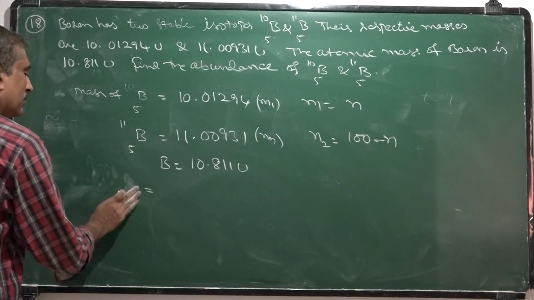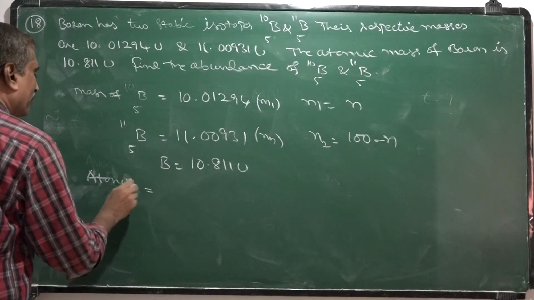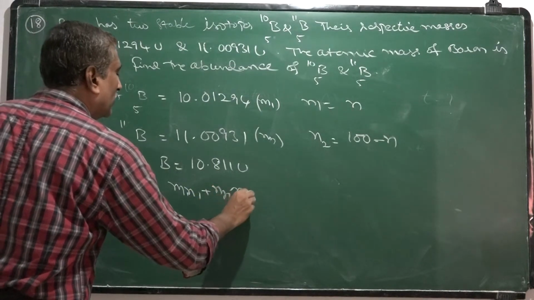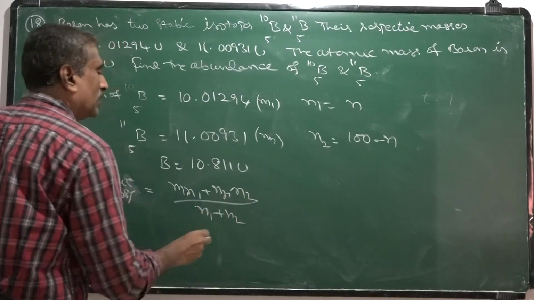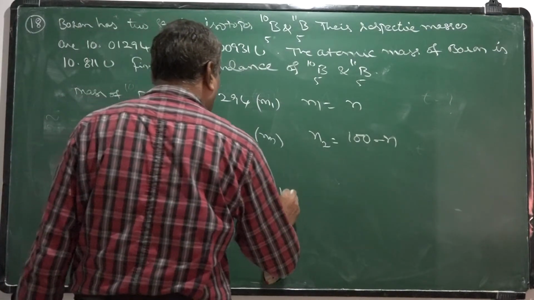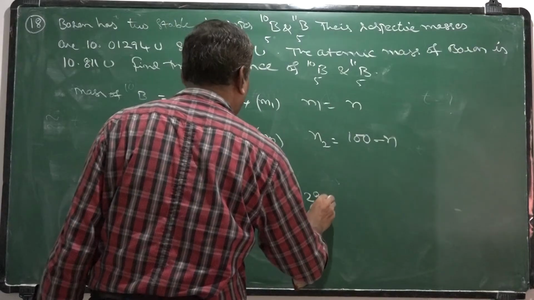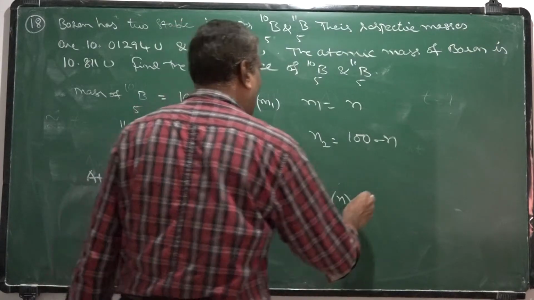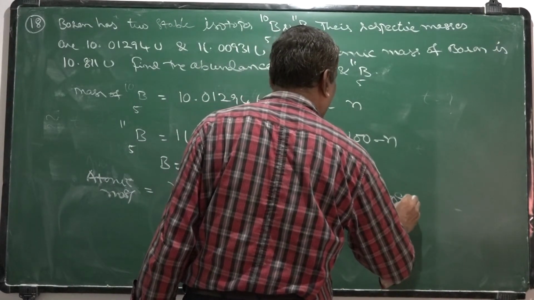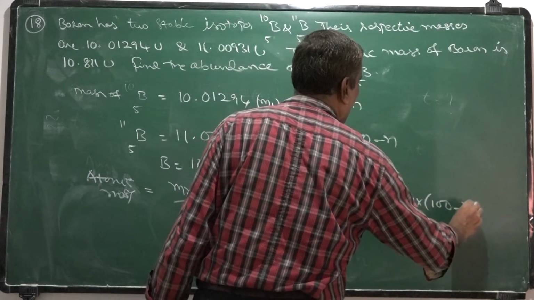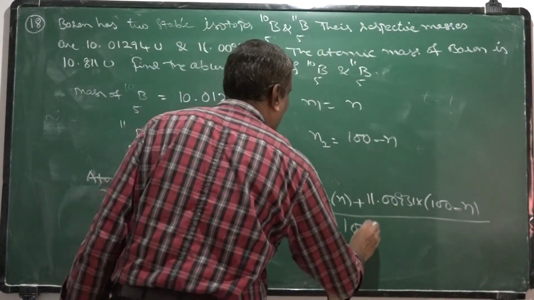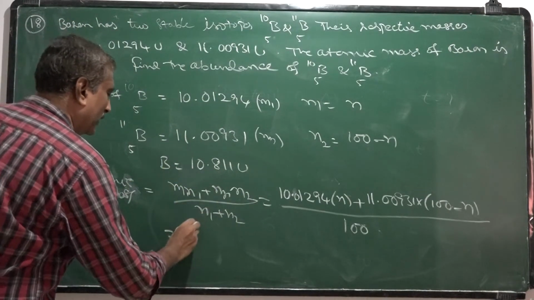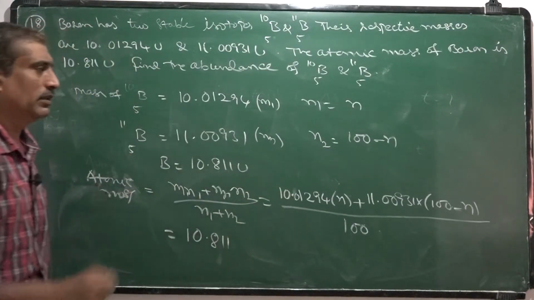So, we have this relation, original average mass or atomic mass equal to (M1 N1 plus M2 N2) by (N1 plus N2). So that we can write it as, from this, 10.01294 into N plus 11.00931 into (100 minus N) whole divided by 100. So actually this one is 10.811. Now simplifying that,